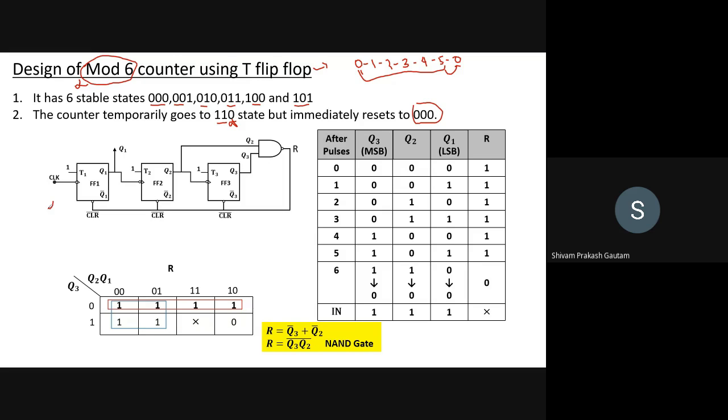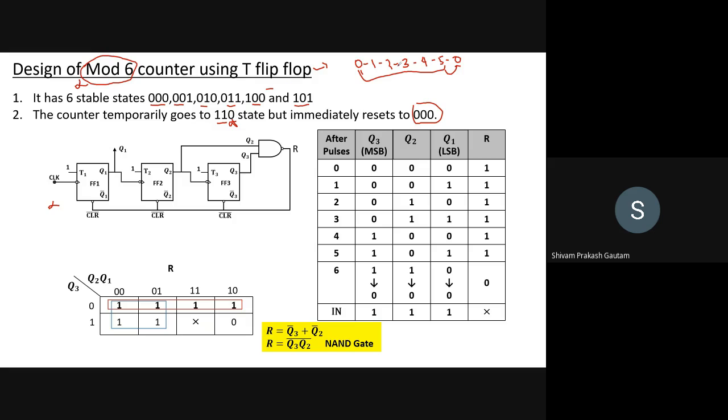And do not focus on this circuit right now. Just see what I'm saying, right? So this is the first state. Sir, why do you consider it as an up counter? Why? You can consider it as a down counter as well. That is a very good question. You can design for a down counter as well. Okay. Sir, can you repeat that 110 state?